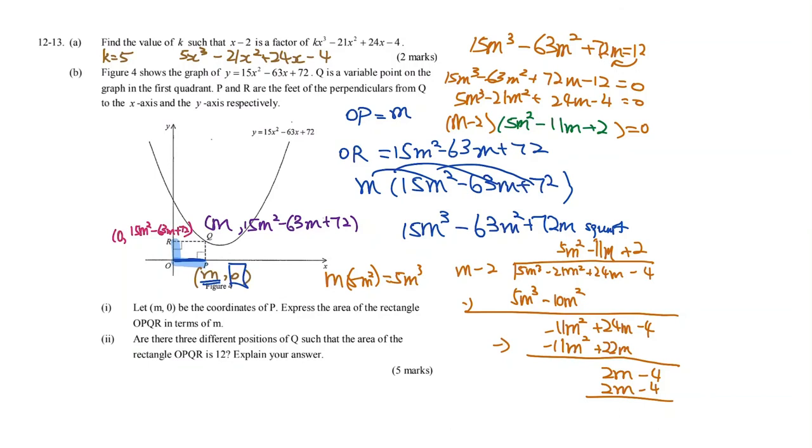That is not your final answer yet, because you still have to find the actual values of m. So we have two brackets, either one of them has to be 0, so that your answer is 0. So you also write it that way. M minus 2 is 0, or 5m squared minus 11m plus 2 equals 0. This one, the negative 2 moves to the other side, you get m is 2. And then this one, you just click formula 01 in your calculator. So you click 5, negative 11, and then 2. So you should be able to get the answer is 2 and